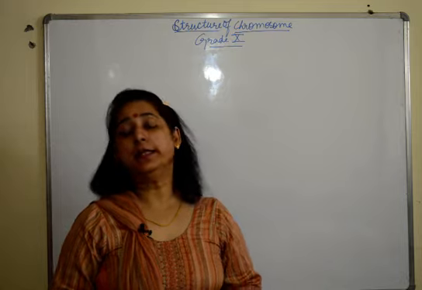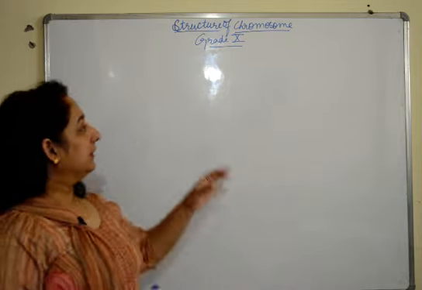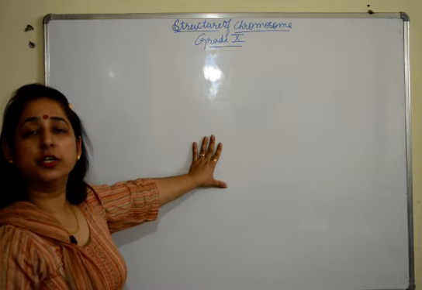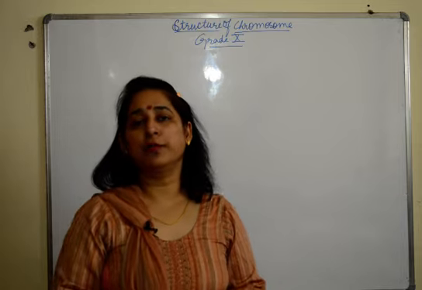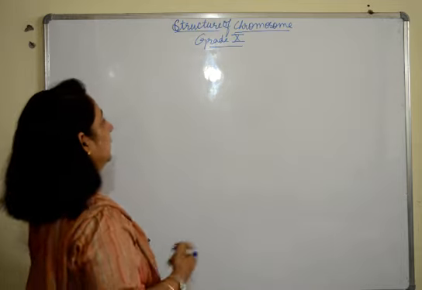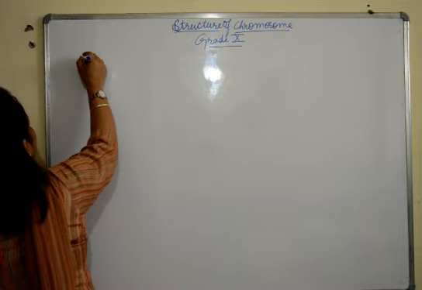So we have started with cell division, and in cell division we have part B, that is structure of chromosomes. Fine. So we will be doing and talking about the structure of chromosome in detail. Please watch the video till the end. Structure of chromosomes. First of all, I'll just give you a brief.